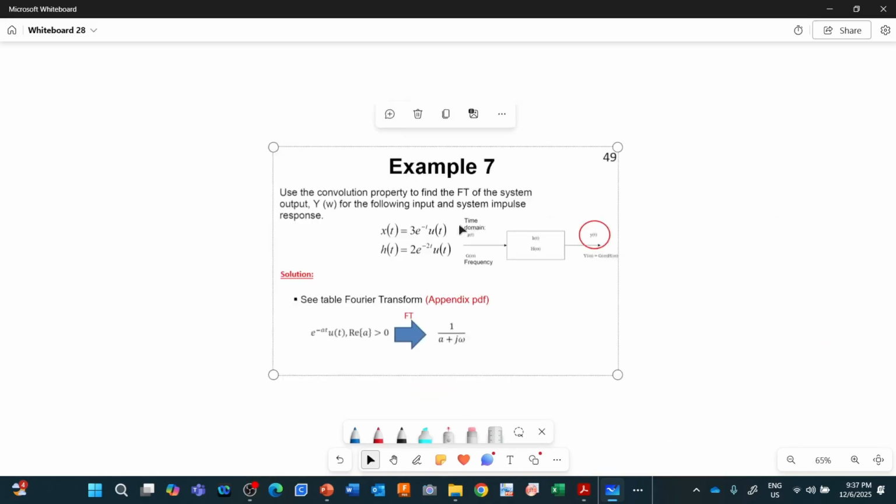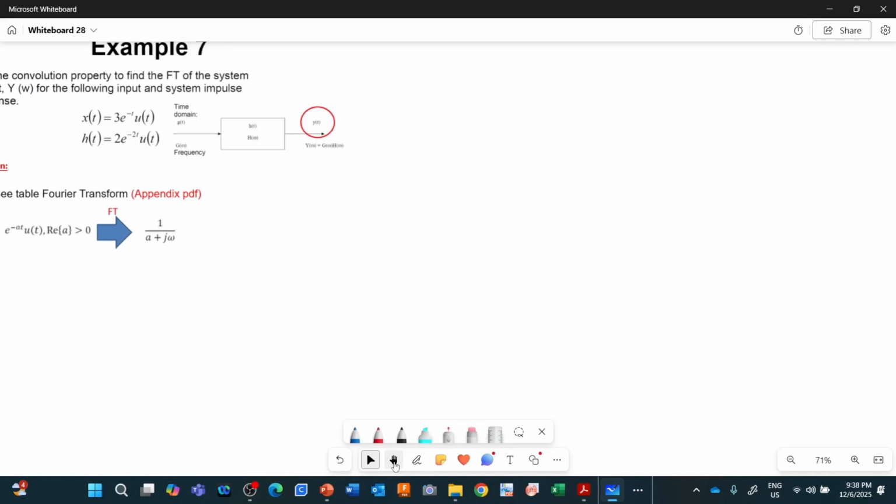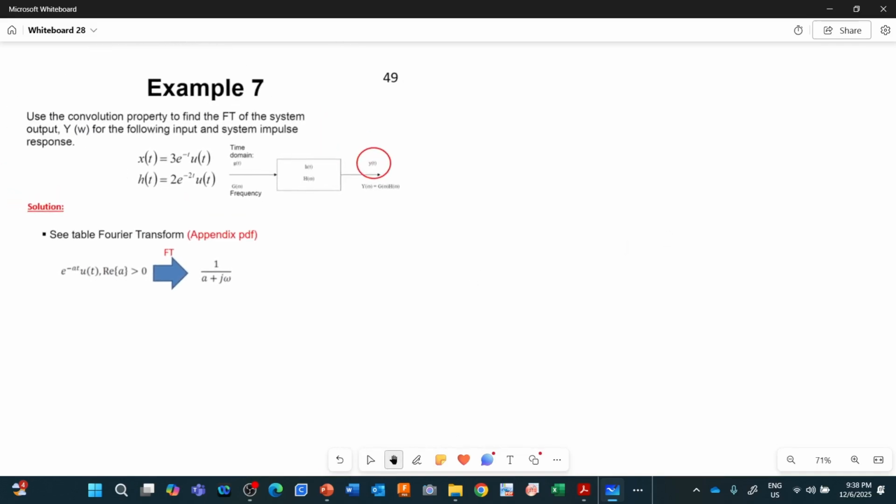Remember, use partial fraction. Of course, partial fraction for Fourier transform will not be as difficult as in the control subject. Alright, so basically the question asks,